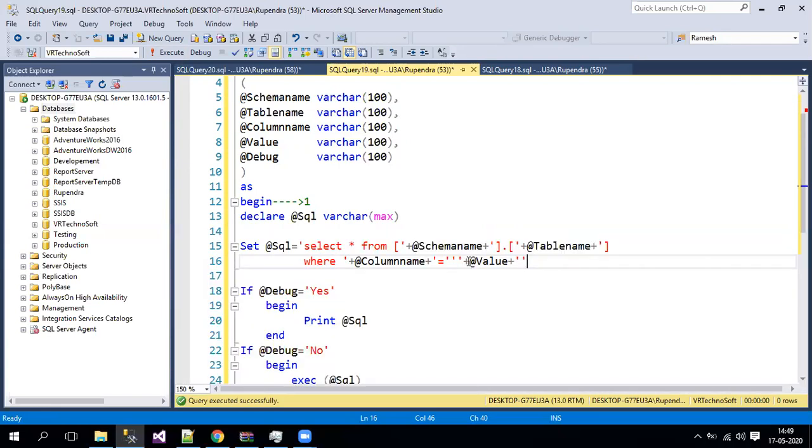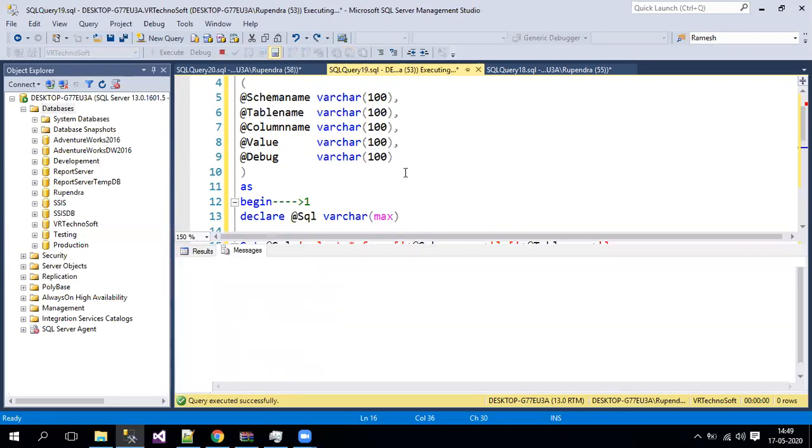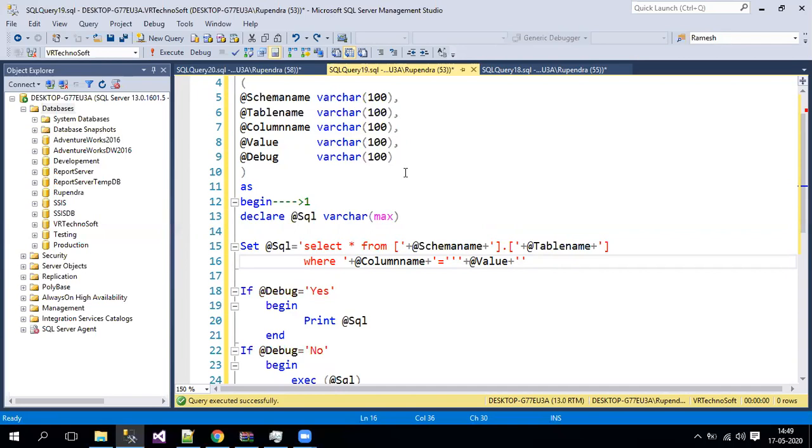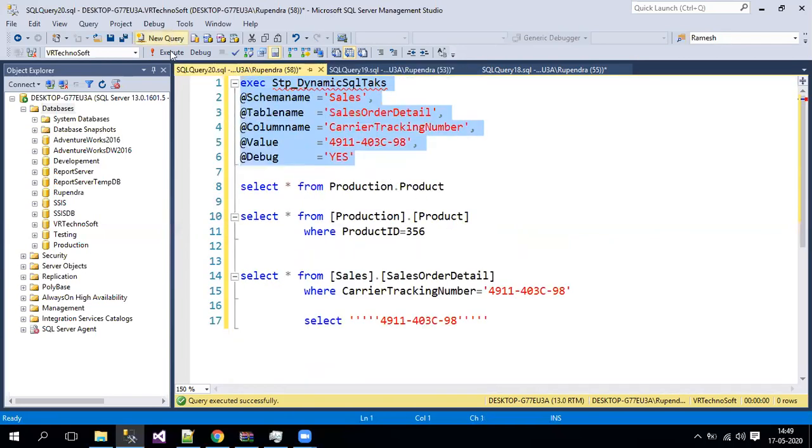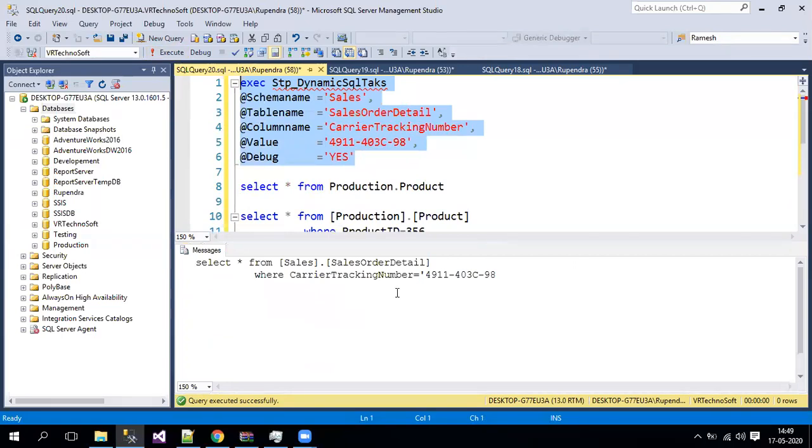I'll just keep one more single quote on the left as well as the right, and we'll see. Okay, still it is throwing an error. Let's see why it's not giving the results yet. Maybe we need to debug this. Still it is not giving any single quote for this.